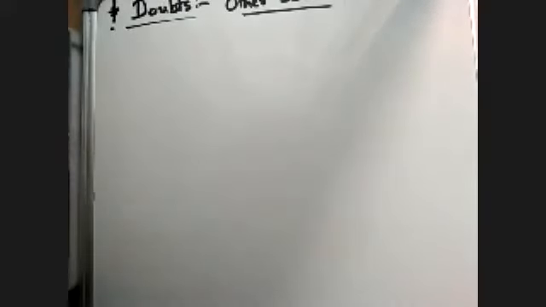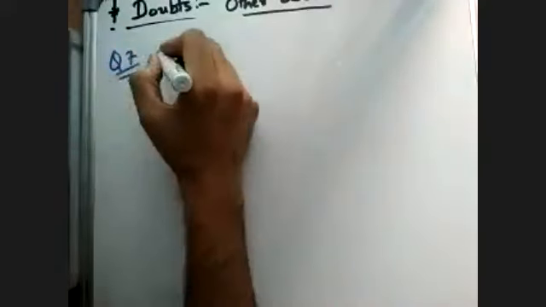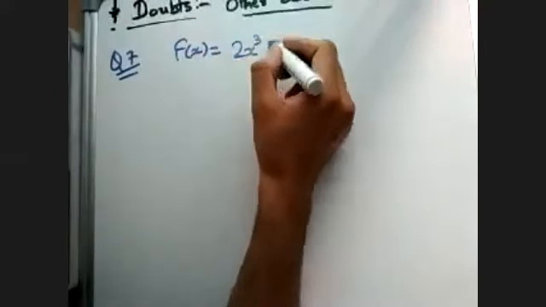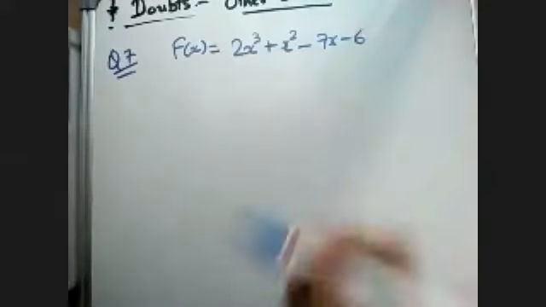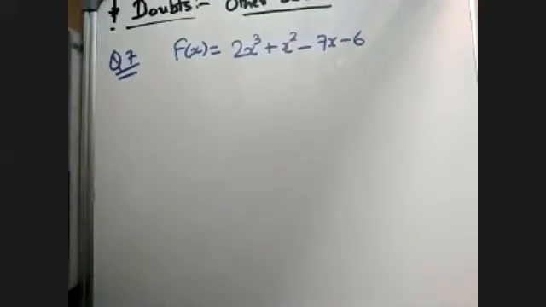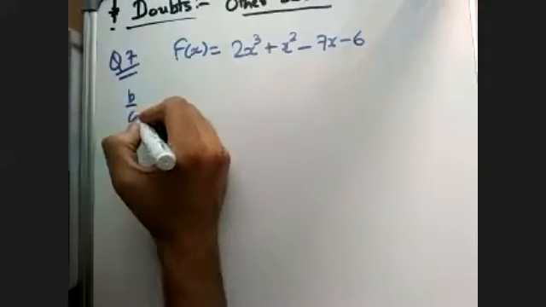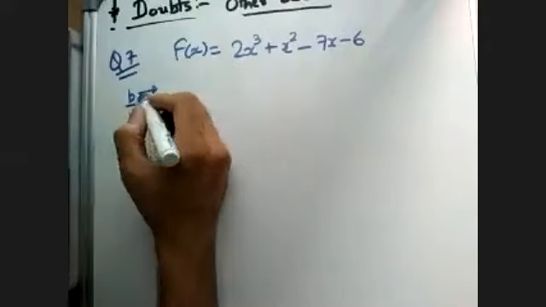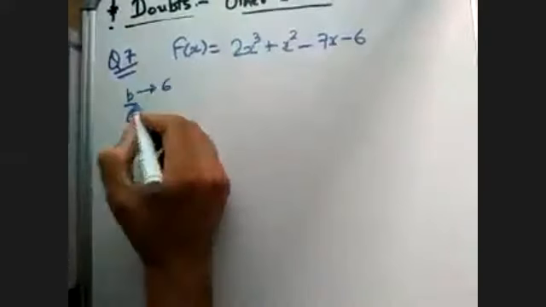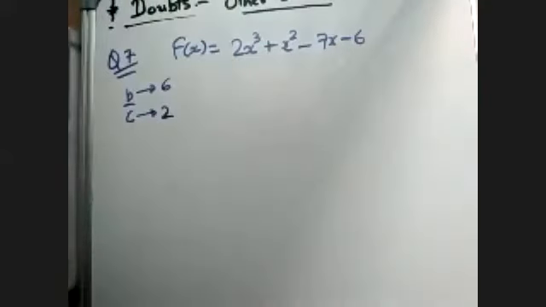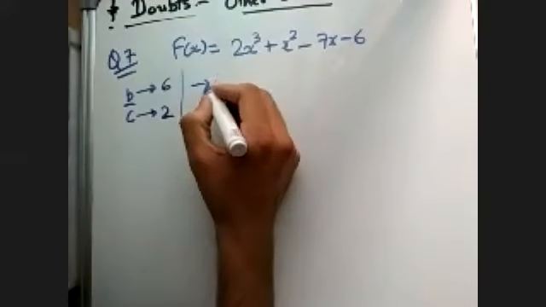So now, Abhay's second question was question number 7 of R.D. Sharma: find the rational roots of the polynomial f of x equal to 2x cube plus x square minus 7x minus 6. Right. So if we go from the rational roots theorem, if our root is b by c, then our numerator, that is b, will be a factor of 6 and the denominator will be a factor of 2, isn't it? From the rational root theorem. So first we will write here factors of 6.